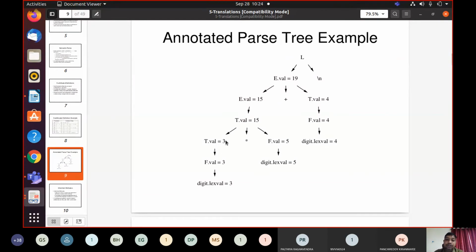So in topological order, what happens is either t1.val followed by f.val followed by t.val.